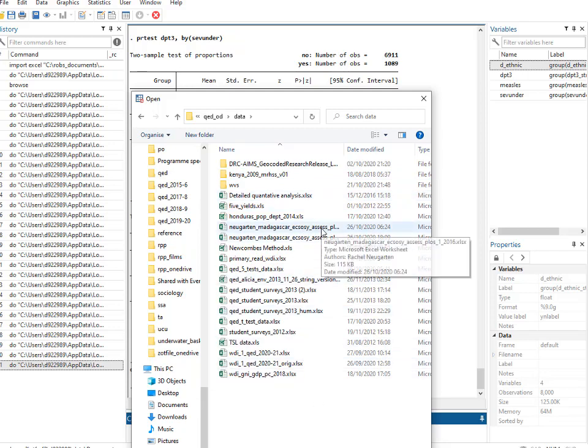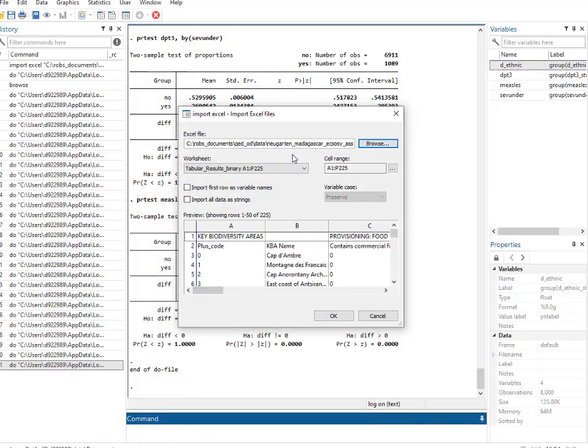Where's that? Oh, I need to make sure I've got the right version. The working version, so that's the one. And from the first spreadsheet tab, results, see that the names are on the top there, so hopefully if we import that,